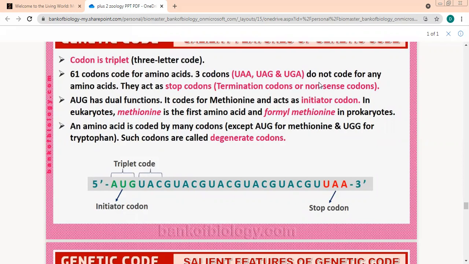Is the answer correct? Yes, ma'am. Okay, Sanvi, your turn to ask Mansi now. AUU. Isoleucine. Is it correct? Yes, ma'am.